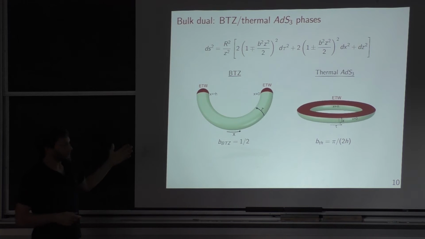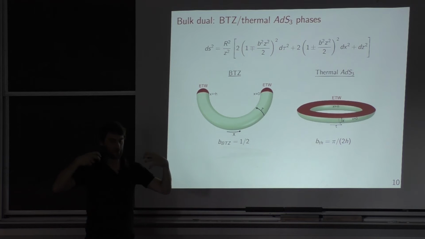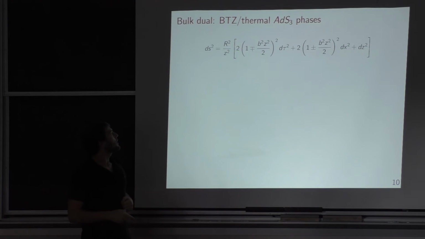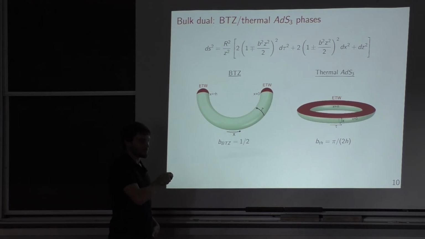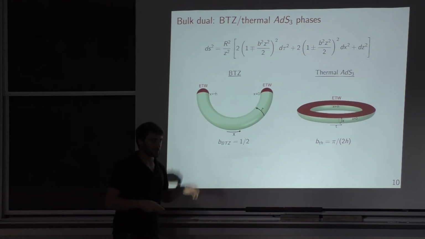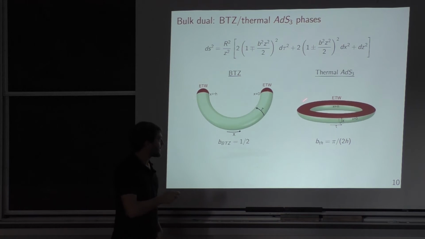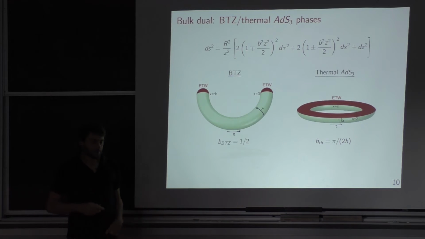Now, we know that we must have, according to the AdS/BCFT proposal, two branes anchoring at x equals 0 and x equals minus h, which were the two boundaries here of the CFT. Now, in the BTZ case, this corresponds to having two separate end-of-the-world branes. Here I'm depicting positive tension, but in principle could be zero or negative tension. While in the thermal phase, you have a connected end-of-the-world brane going from x equals 0 to x equals minus h. If you want to make the connection to the cylinder with slits,